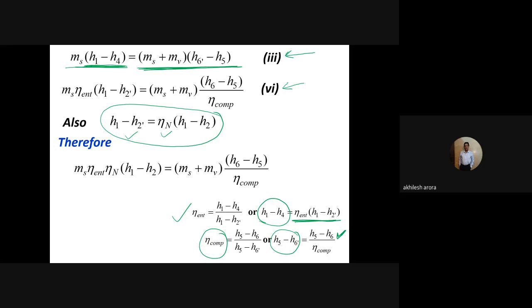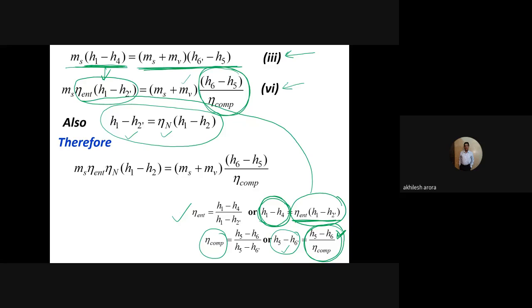तो अब हमने यहाँ पे h1 माइनस h4 को कन्वर्ट किया इस इक्वेशन से. देखो यहाँ पे h1 माइनस h4 कहाँ पे है, ये रहा. तो इसको ध्यान दो, इसकी वैल्यू इक्वल है इंट्रेनमेंट एफिशिएंसी इंटू (h1 माइनस h2 डैश). तो हमने यहाँ पे h1 माइनस h4 की वैल्यू को पुट कर दिया, एफिशिएंसी ऑफ इंट्रेनमेंट इंटू (h1 माइनस h2 डैश), और यहाँ पे आ गया ms प्लस mv, और h6 माइनस h5 डैश जो है, h6 माइनस h5 डिवाइडेड बाय एफिशिएंसी ऑफ कंप्रेसर, वो यहाँ पे पुट कर दिया. आई होप दिस इज क्लियर टू यू. इसके बाद क्या स्टेप किया है, ये जो h1 माइनस